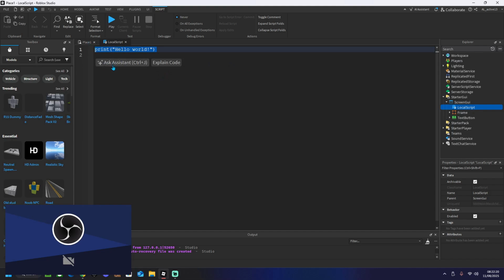So what we want to do is delete everything in here, and then this is what you're going to start off with. You're going to start off with local, and then SGui. So basically what SGui is, if you guessed, yes, it's the screen GUI, it's just shorter, because this is a variable, it doesn't have to be exactly named screen GUI. So then once you've done that, you're going to do equals, and then script.Parent,